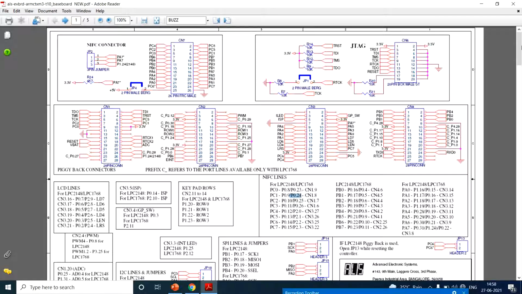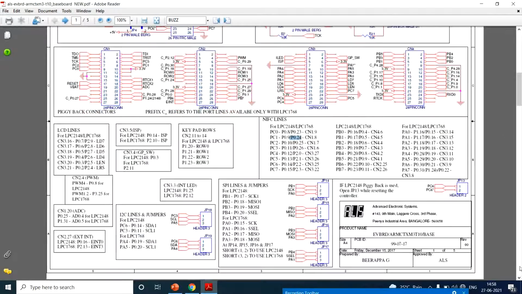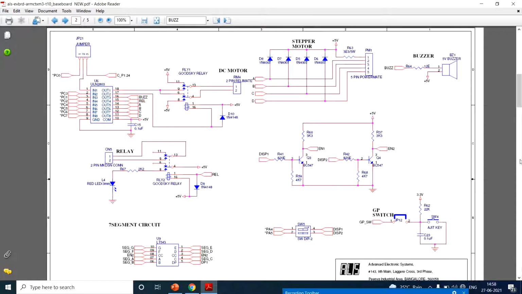Correct? Okay, so the only point is that we need to scan this circuit as a whole. When we scan this circuit as a whole, we'll come to know about the different circuits. For example, here we have a stepper motor. This is the stepper motor, and the end points are A, B, C, D. Next we need to find out where all these A, B, C, D have been connected.